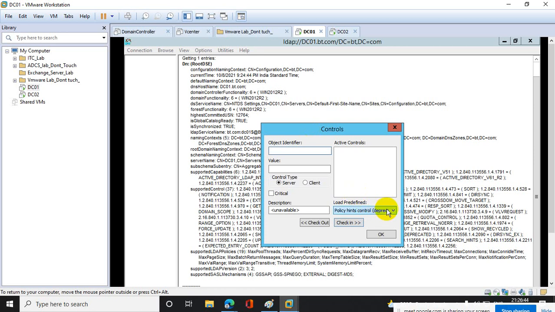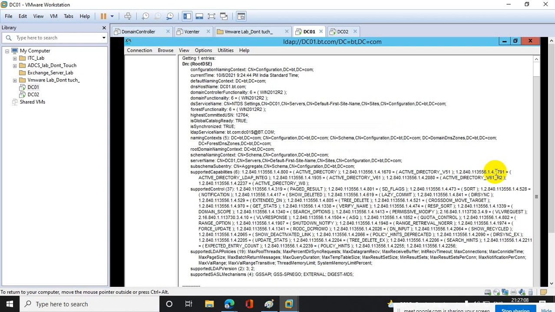So what exactly am I trying to do? Return deleted objects. Here there is an option, Return deleted objects. You select Check out and then again Check in. Then click on OK. You have already given the instruction, but you have not selected your AD domain partition, because that user was available in which partition? Definitely in the domain partition. So for that you have to go to Browse and select Tree.